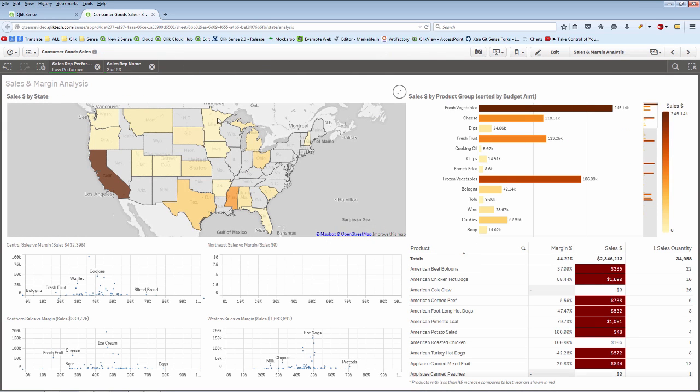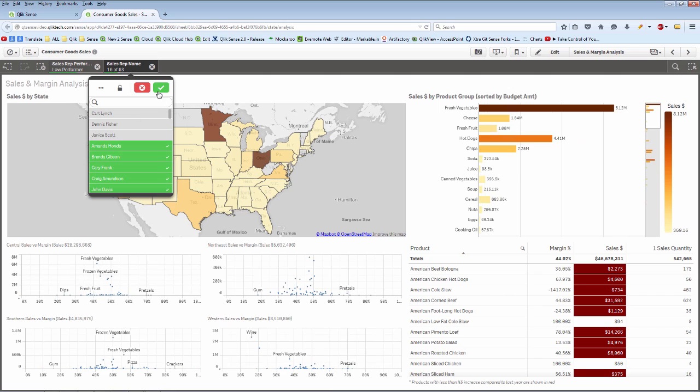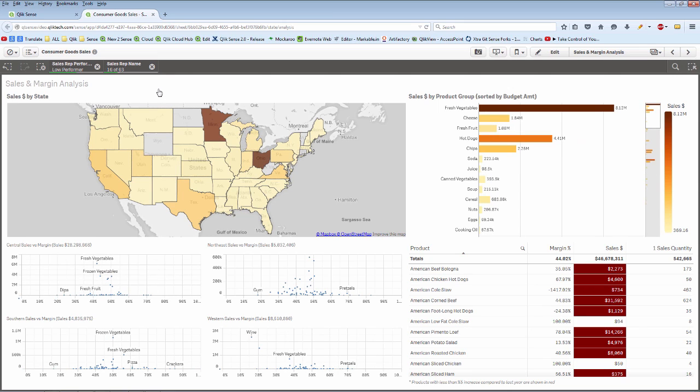Okay, and based off of this indication here, I can learn a little bit more about the other low performers. And I can do that by selecting the interface and then choosing Select Alternative. And what that will do is show me the other low performing sales reps, that the alternative selection. And you can see what we have here is that those particular low performers were not having any problems selling products within the Northeast. So uncovering another opportunity there.